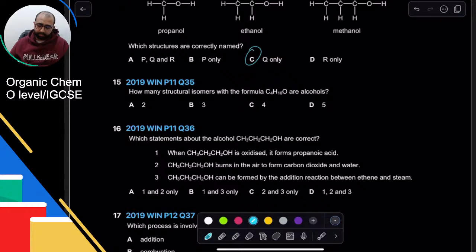How many structural isomers with this formula are alcohols? So basically they're saying how many isomers can you make of this? And when they say structural isomer, they're talking about location, they're talking about branches, not functional group because we need alcohols. So let's try. 1, 2, 3, 4. I can put OH on the first one or I can put OH on the second one. So those are 2 isomers I can get when I have 4 in the chain. Let's try the third one.